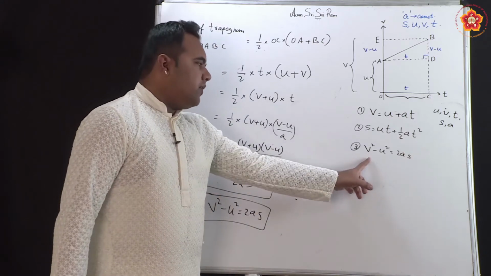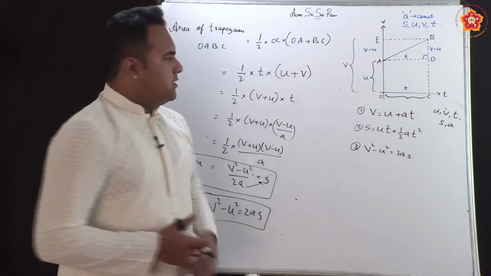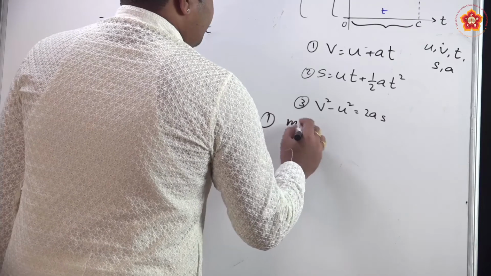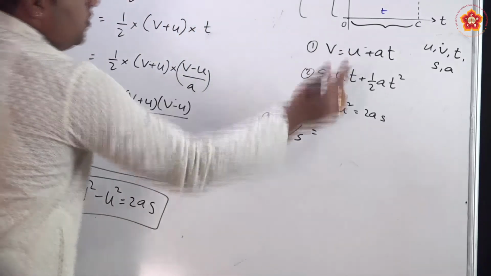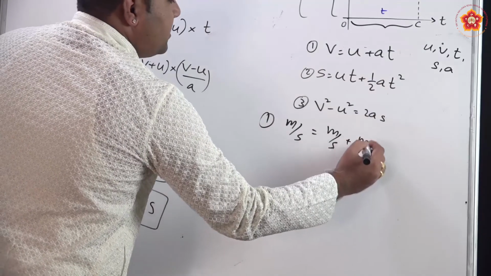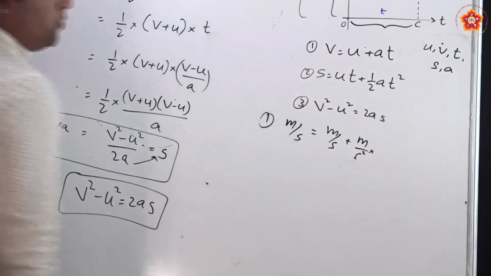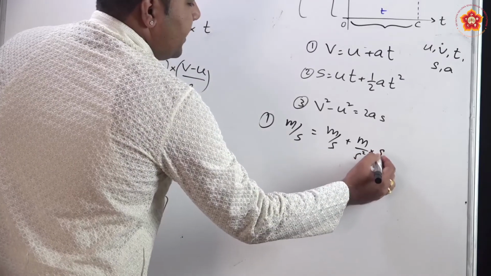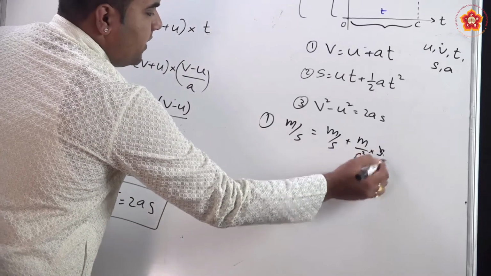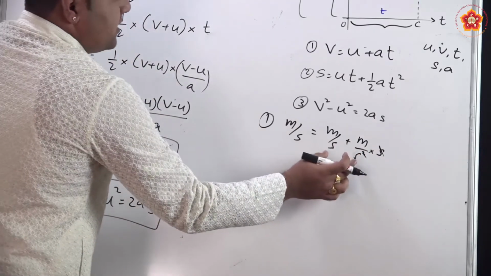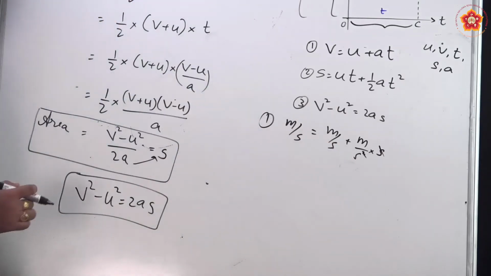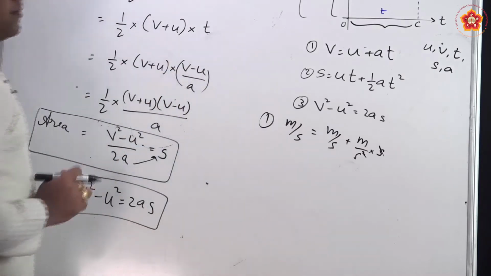Here I have square of velocity. This side also I should get square of velocity. Let us check. Velocity is meters per second. The first one, meters per second, I have. u is nothing but meters per second again, plus a, acceleration, is meters per second square, into time, which is second. SI units, I am writing all the units now. So meters per second square into second. So I get some quantity here which has the units of meters per second, and this side also meters per second. My equation is balanced in terms of the units.